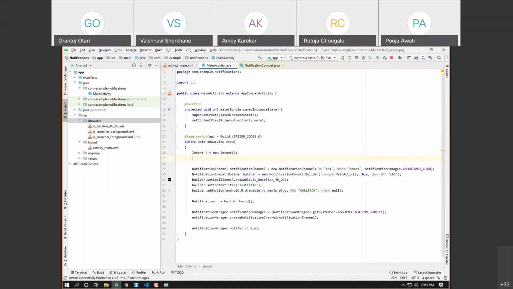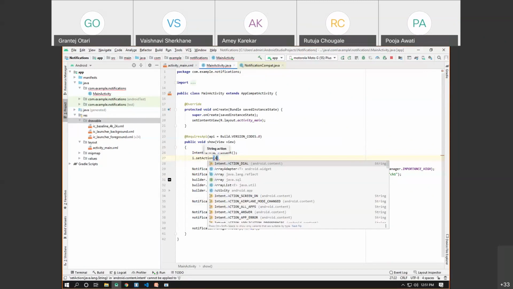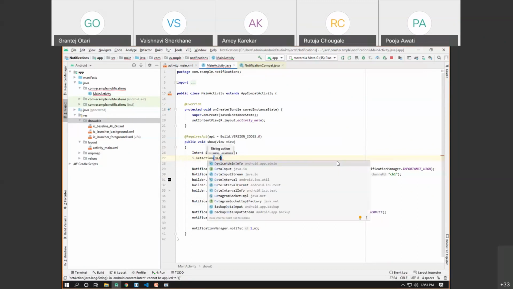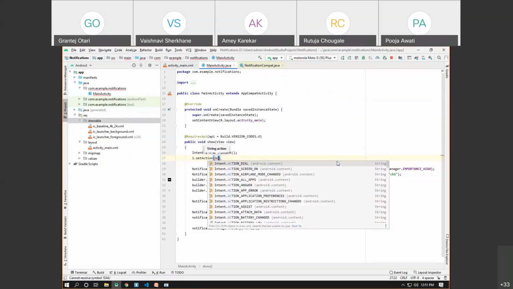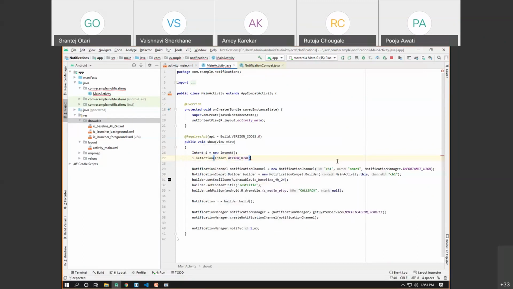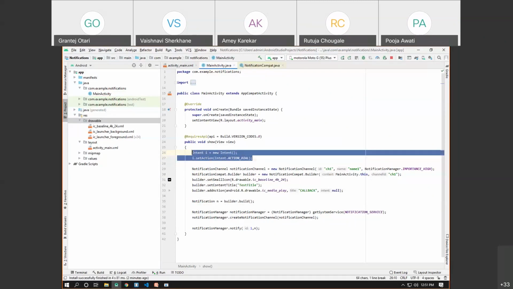Now this is the implicit intent I'm going to create. Now i.setAction, and for the dialer activity, the action is ACTION_DIAL. Now I have the intent object ready, and now I can create the pending intent on that intent.